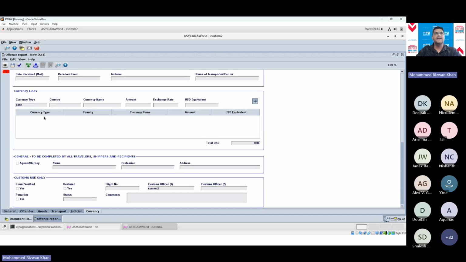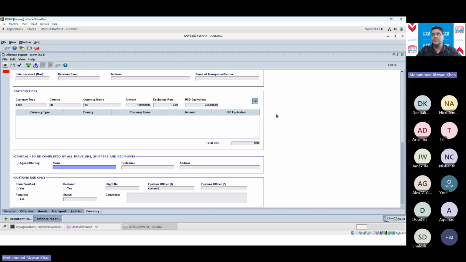This is where you will enter the currencies now. So right now it's cash and other monetary, but you can have more than that. So let's say cash, bringing FJDs, let's say 100,000, 0.42. Okay. Now the exchange rate, you see that I'm entering the exchange rate and then it calculates the USD equivalent. So in Palau's case, they're using US dollar. So they requested me to enter a field so that the officers can enter the exchange rate and it calculates the equivalent to US dollar.